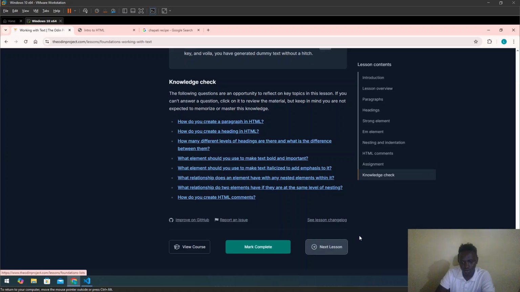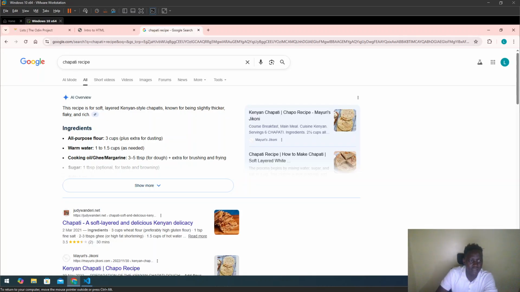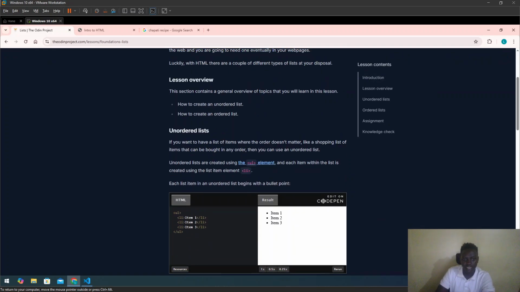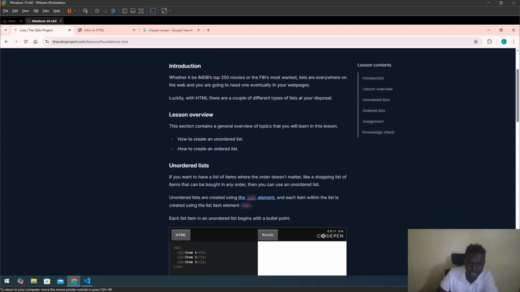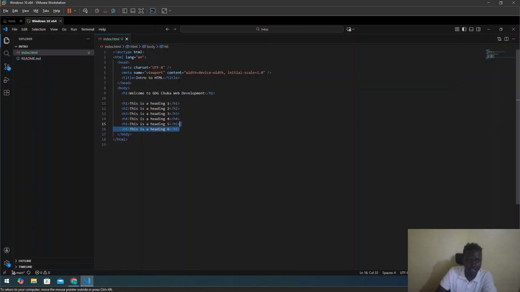And we can go to the next lesson, lists, right? So lists, in our example of having our chapati recipe, you can see that there are these bullet points. This is you trying to list the things. There are two types of lists in HTML. You have ordered list and unordered list. So I think we can come here and let's go with